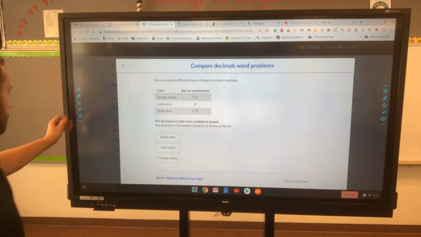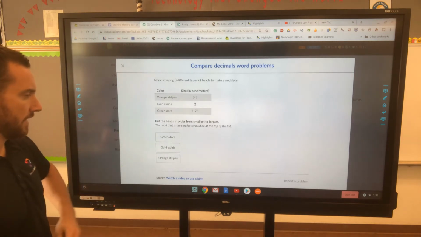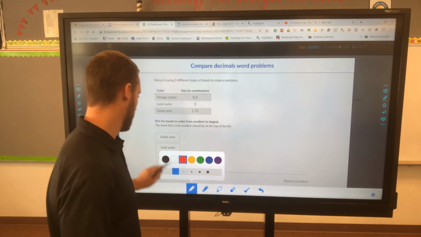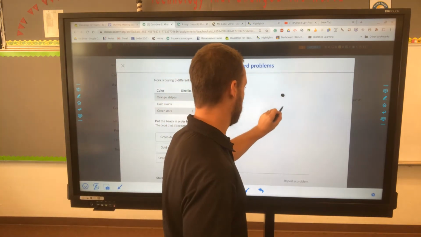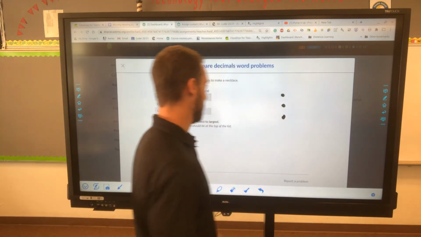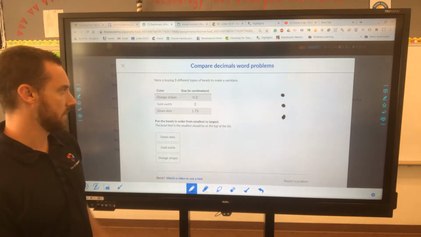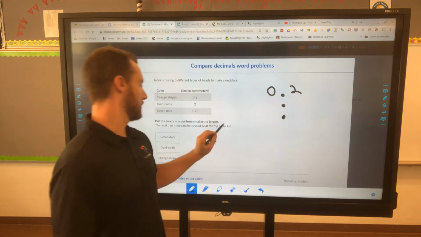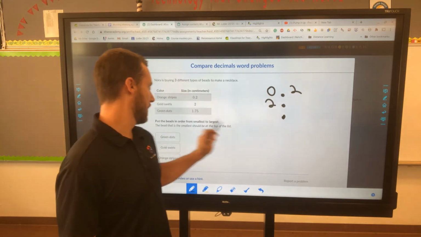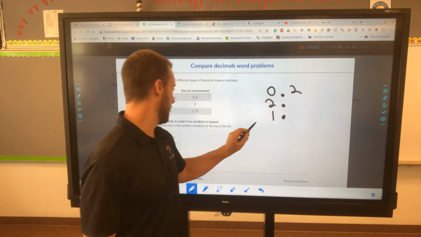Okay, so same thing. We just go ahead and stack those up. We need 1, 2, 3 decimals. And let's input our numbers. We have 0.2, and we have 2, and we have